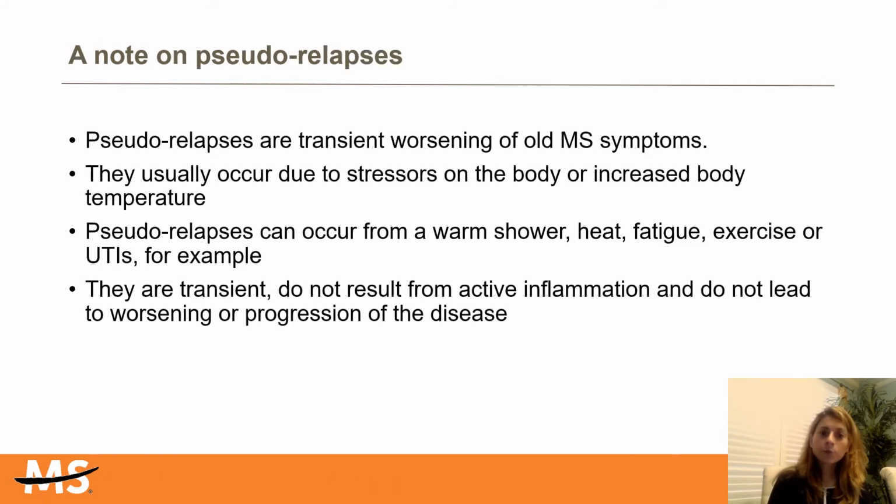So it is very important to tell our patients that if you are exposed to heat for a long time, or if you have a fever, or if you have an underlying infection, if you're doing a lot of exercise, you may experience re-emergence of your old symptoms, and that does not mean that your MS is active and you're having new symptoms. But that means you need to slow down a little bit, you need to let your body cool down, or have your infection treated by your primary care physician, and your symptoms will hopefully get better.